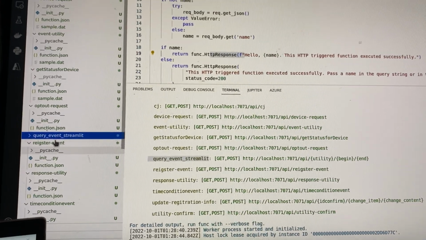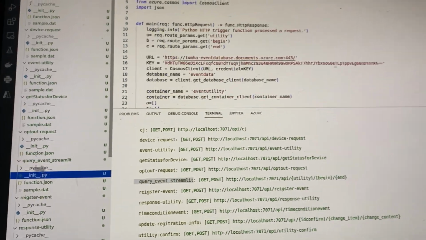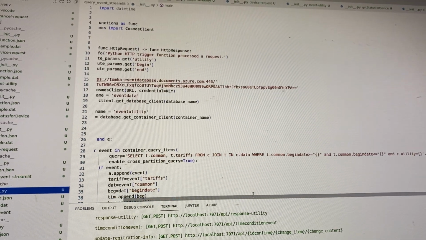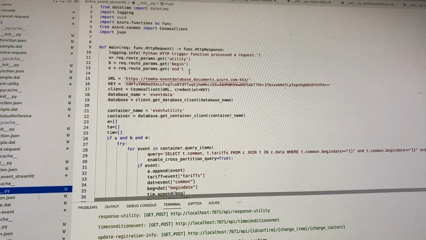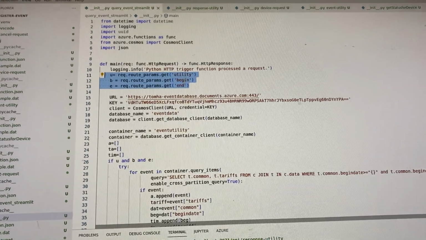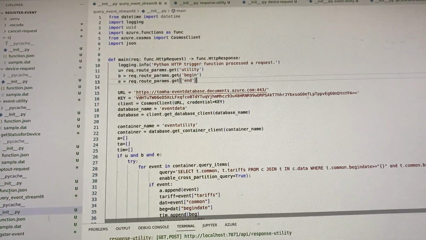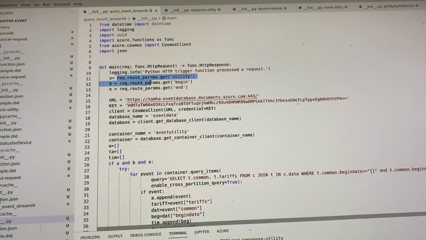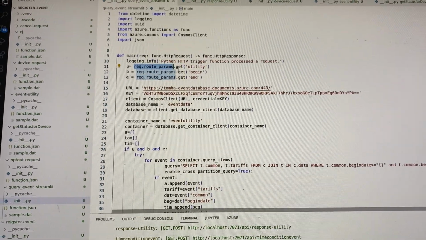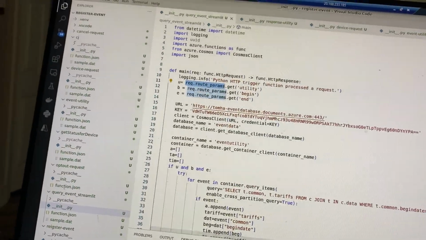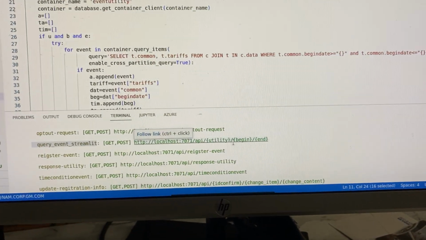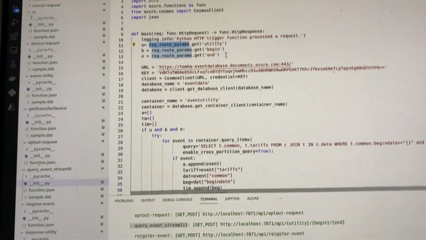Let's go inside this API and see what it does. This API wraps up three pieces of information: the utility, begin, and end. How do they get it? You have to call the request route params and get one. Right here you pass the utility, you pass the begin day and end day. Okay, after you get it,